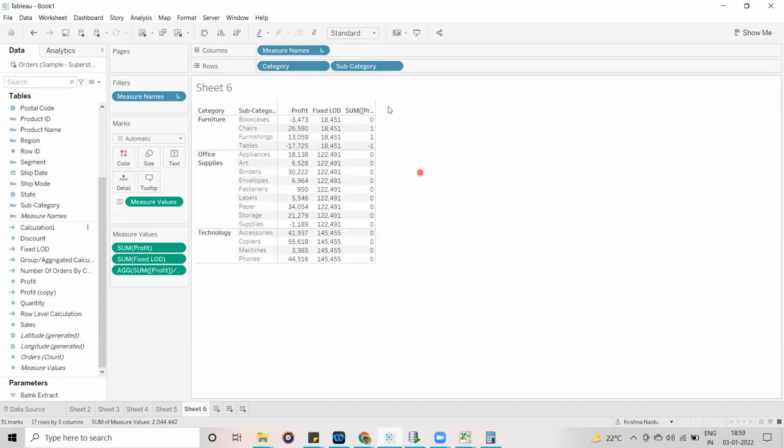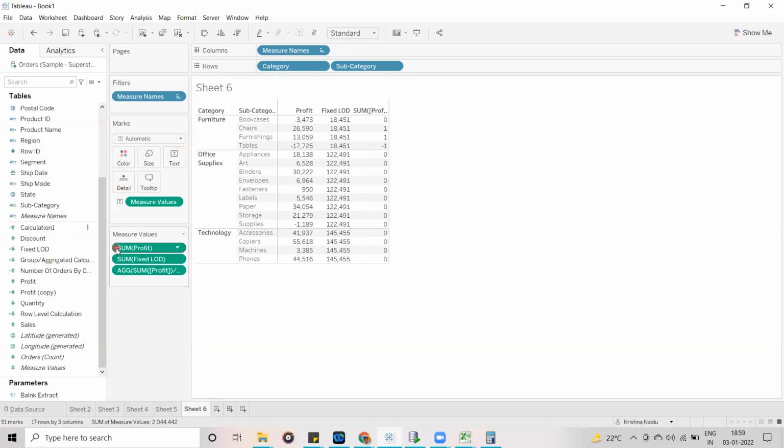Okay, it is giving true or false, aggregated. I don't need to edit. Here it is already giving Boolean values, true or false. No, I think it's not true or false.